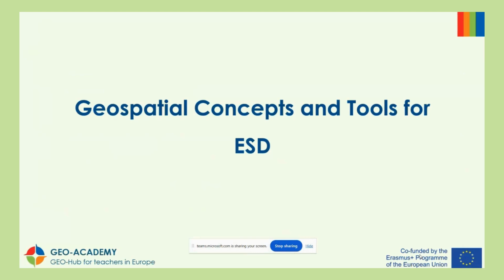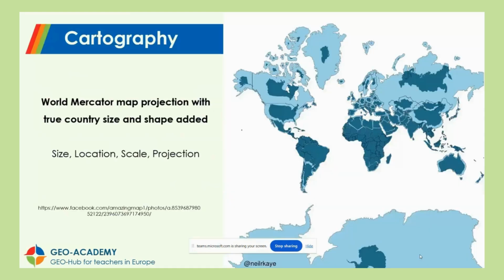So, brainstorming ideas for all these geospatial technologies and the geospatial tools that you can take advantage of and use inside and outside your classroom. We have the cartography GeoConcept. This is an application on how to monitor, to map, let's say, the differences between the World Mercator map projection